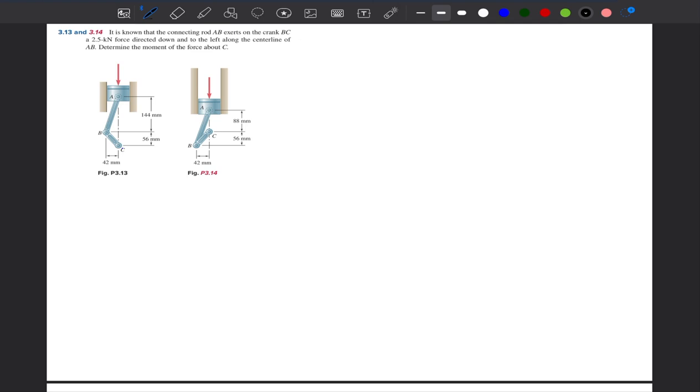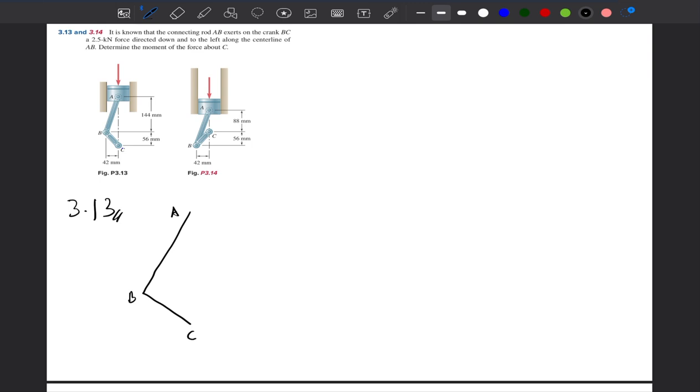For question 3.13, the first thing we are going to do is to draw our free body diagram. We are going to label A, B, C. Our question says it is known that the connecting rod AB exerts on the crank